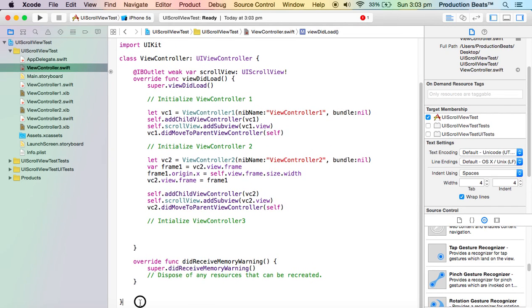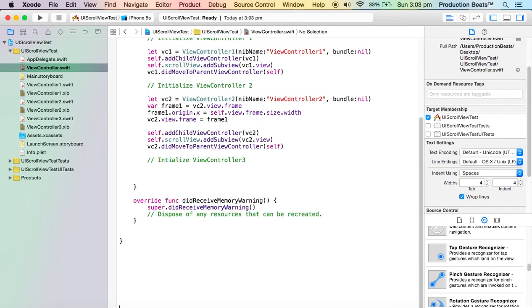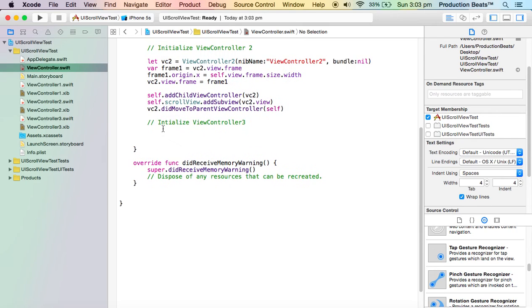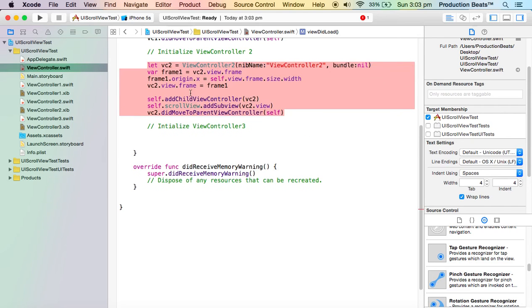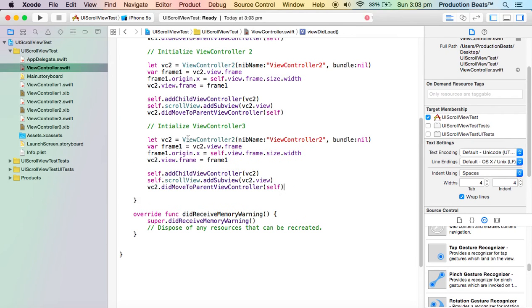Let's just make some white space over here. It's just too messed up all in one area. So I'm just going to copy this code. I'm just too lazy to. Oh, sorry. Copy, paste it. Just change the name to view controller 3. Nib file to 3. So this is frame2